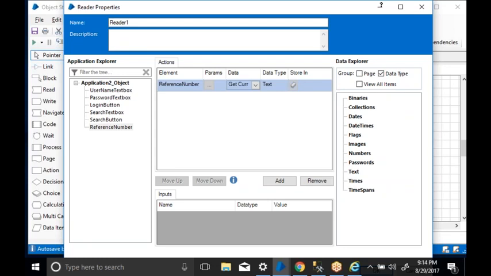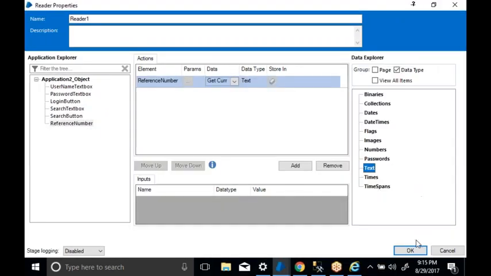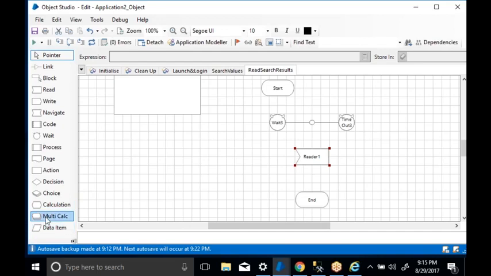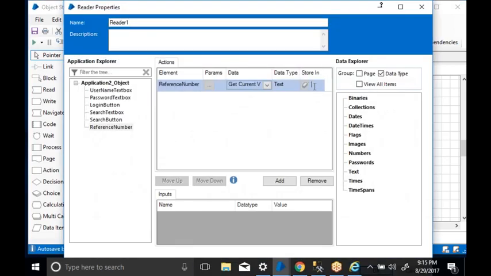Now give the name. What are the options you have to create the data item? You have one place here where you can give the name and create it. If you click the magnet button, it will automatically create it. Or you have one more: right click and add a new child. Like this you can add the new data item, and you can also drag and drop the data item to create it. These are the multiple ways, but here I will give the name